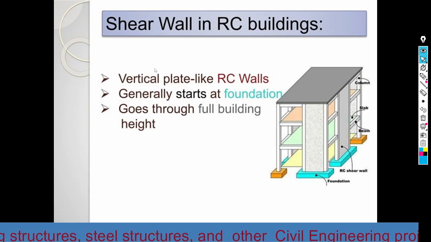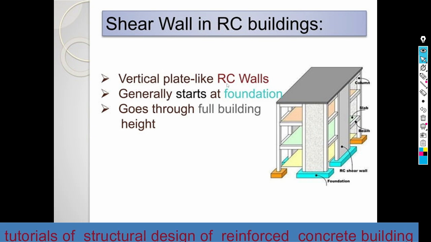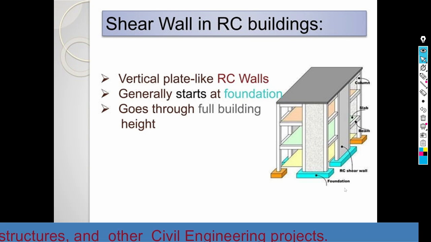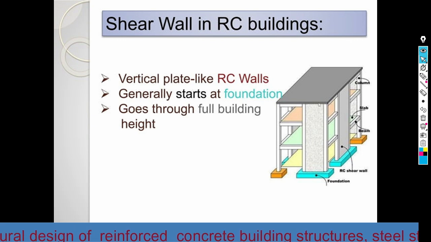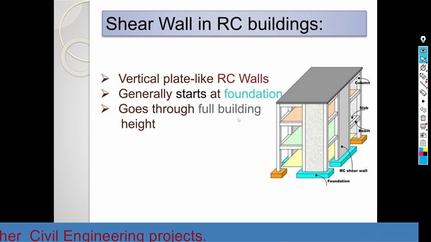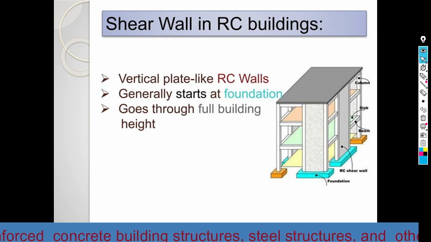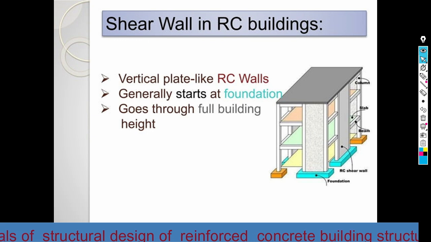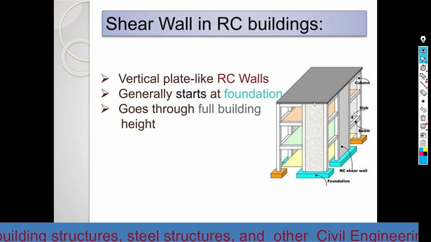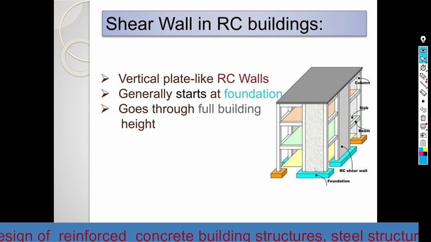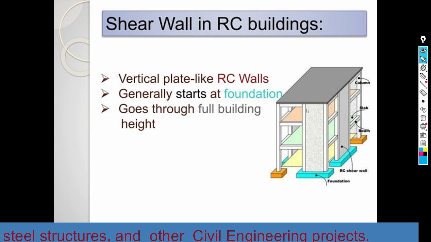And the other is now here. Shear walls are nothing but vertical plate-like RC walls. Generally they start at the foundation. Here it starts at the foundation and it ends at the roof level and goes through the full building height. So we should not interrupt the location, the height, or the continuity of the shear walls. So the shear walls have to be continuous, starting from the base of the building up to the roof,